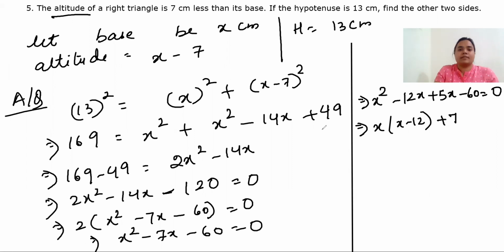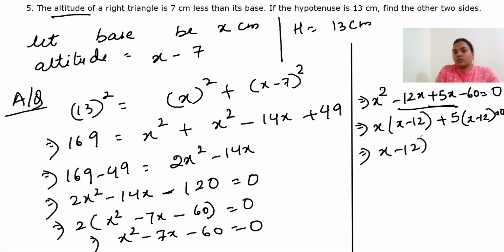Minus 12x plus 5x is equal to 7x. So here I'll take 5 as common and I'll get x minus 12 is 0. See, in this question, again, I was not getting the same number in the bracket. So I checked. By mistake, instead of 5x, I wrote 7x. That is the silly mistake that we all do. It is a very, very common silly mistake. So if you're not getting the same answer in the bracket, just check your factors and you will get it